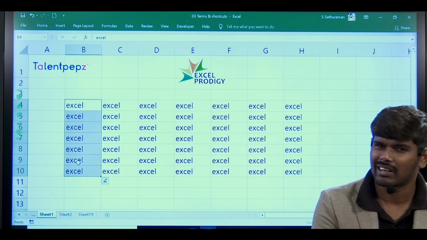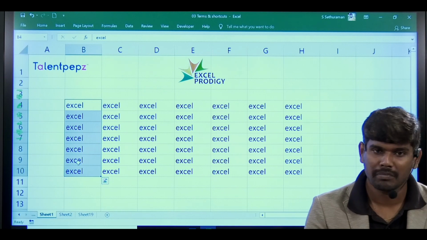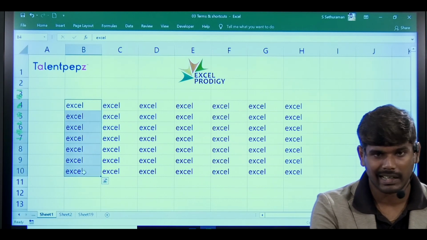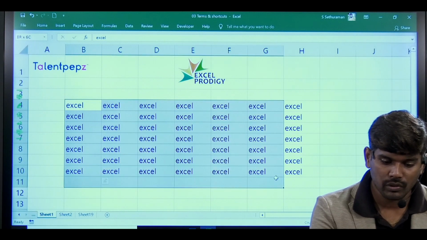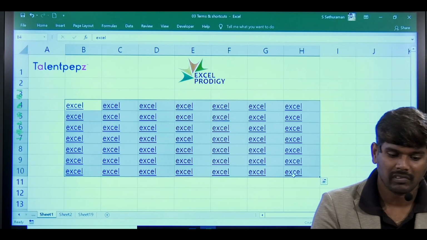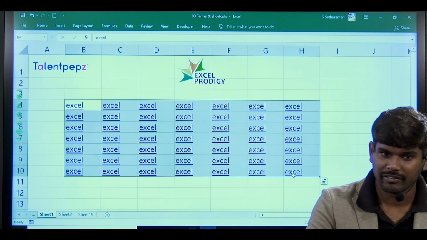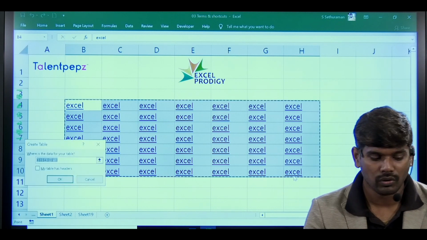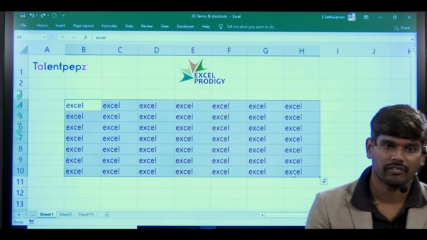Is there any shortcut for left or top? We don't have one. It should be assumed that we are handling data from left to right and top to bottom only. If I choose and use Control U, it underlines. Left, right, upper, people will try like that, right? For left, we won't have a shortcut because it is another shortcut for a table. So don't try to do that. Control D and Control R are the shortcuts we have.